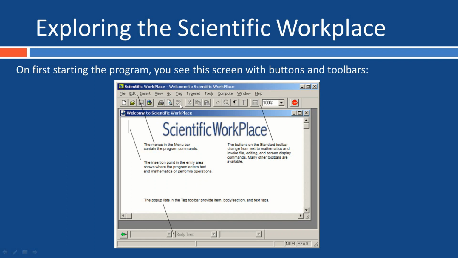This icon is to check the spellings of the document. This icon is to cut the text. This icon is to copy the text. This icon is to paste the text. This icon is to undo the text. This icon is to magnify the text, and this icon is to see the full stops and extra spacing of